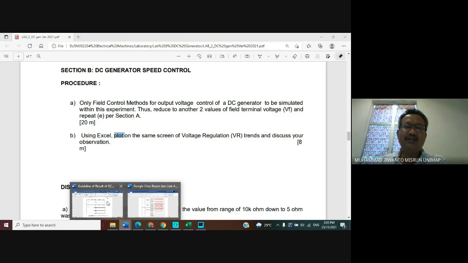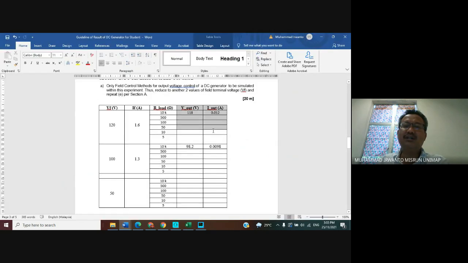We have 3 different sets of data for the different field voltages: 120, 150, and so on, with different output voltage and output current. In one screen, in one display, plot the curve of terminal voltage versus output current. So for example like this one.